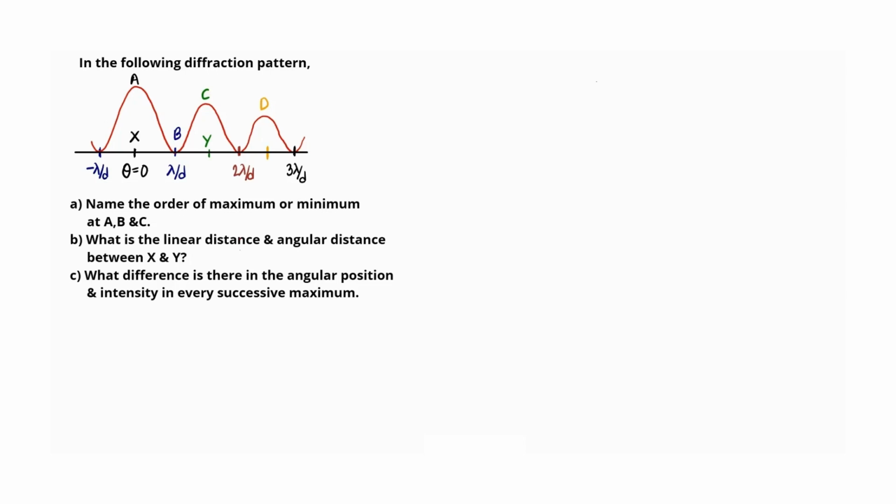In the following diffraction pattern, name the order of maximum or minimum at A, B, and C. So we have the diffraction pattern given in the question. Let us discuss the solution of question A. We need to name the order of maximum or minimum at A, B, and C. So we can see in this diffraction pattern, A